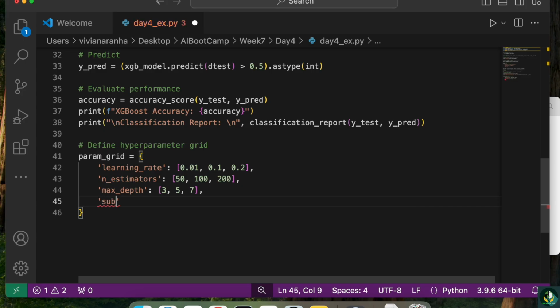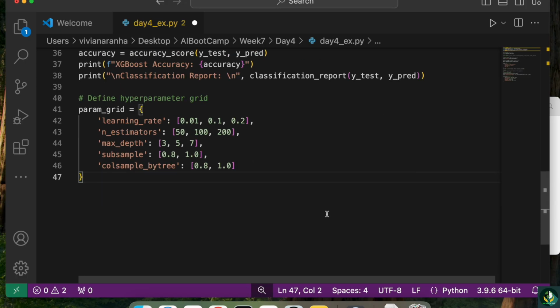Next, I can give the subsample. That I will specify between 0.8 and 1.0 to pick the best one. Next one, I'm going to go for colsample_bytree. This I will specify to be again 0.8 and 1.0. This decides which columns to use. And then I'm going to initialize